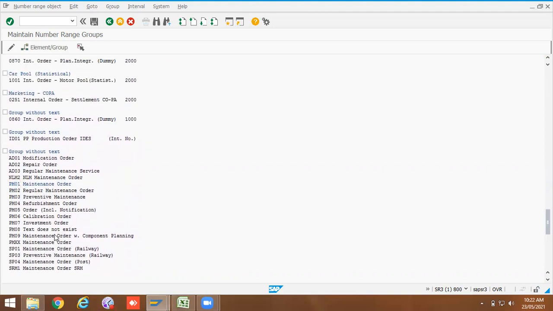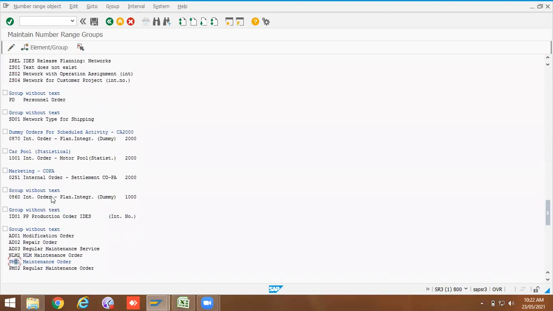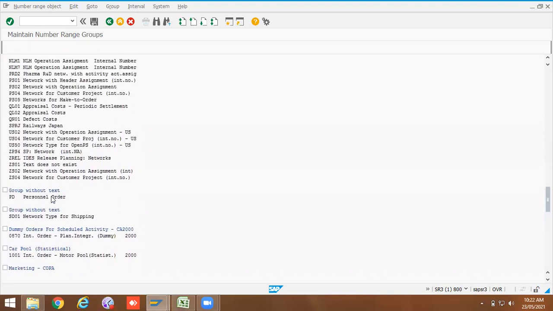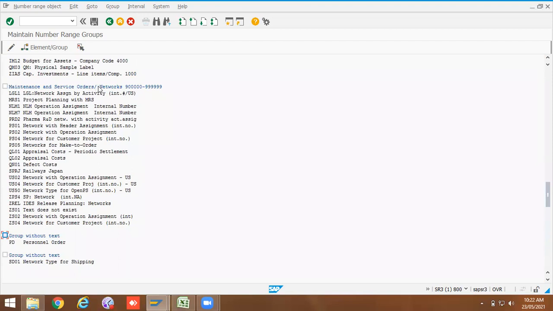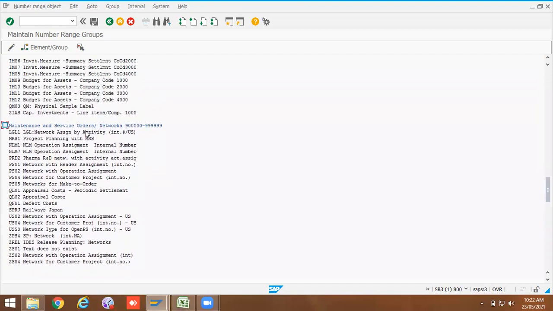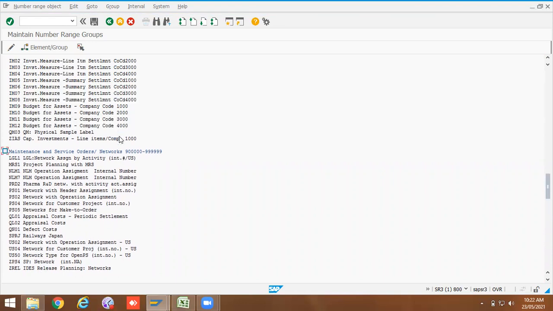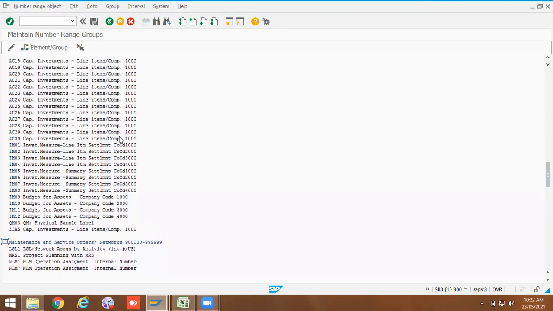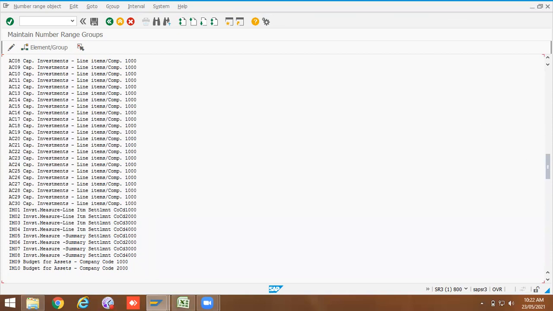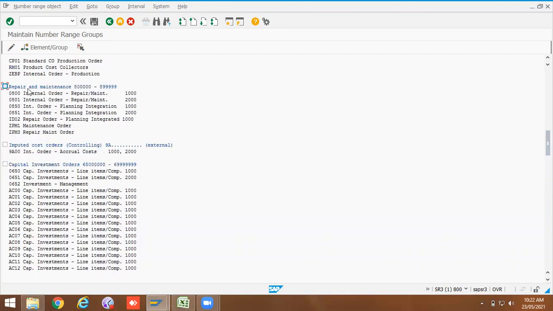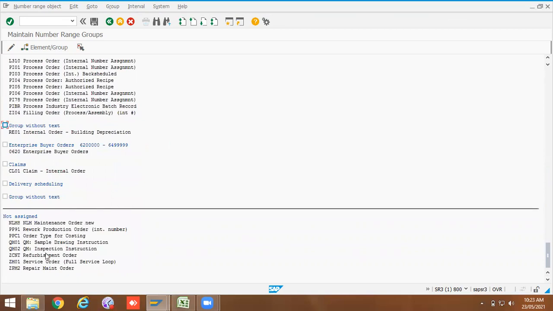Okay, so basically we'll do one thing. We will update our work order with the number range for maintenance and service order, or it's up to us. So there is one more, repair and maintenance. So this is the number range for internal repair and maintenance order. So I will just activate this checkbox and I will go down. I will check my GPM to see, not assigned. So just select this,